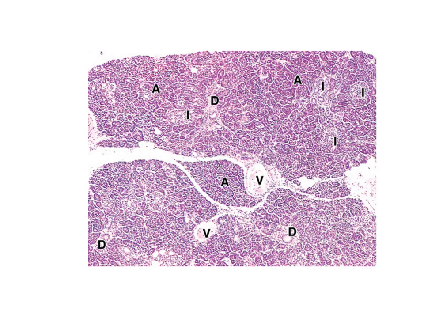This is how you will see the low power picture in the slide, that is the H&E stain. So A stands for the group of serous acini, I is for the islets of Langerhans. There are a lot of islets, which will be absent in the parotid gland, and this is the venule or the arteries. In between, there are a few D cells also. Surrounding the islets are small capillaries, a lot of blood vessels, capillaries surrounding the islets.